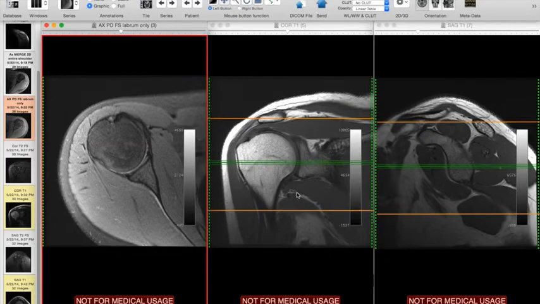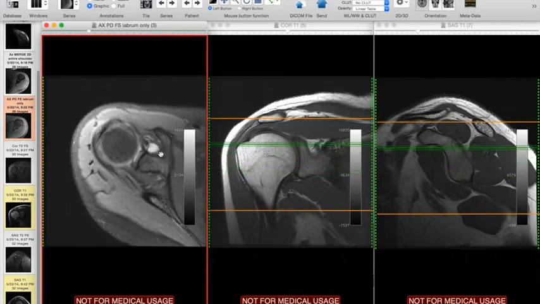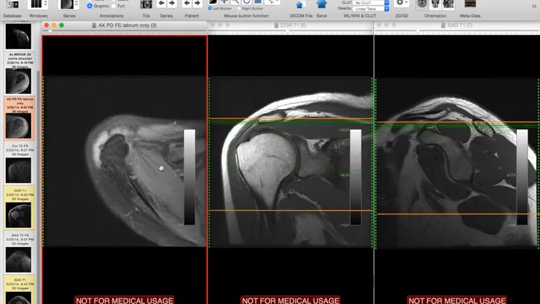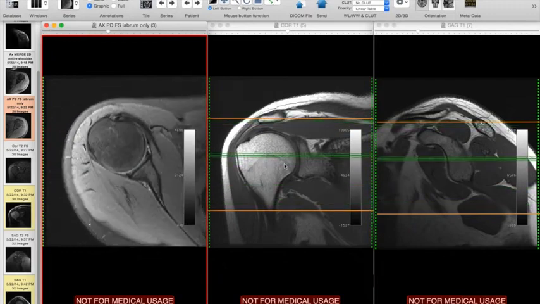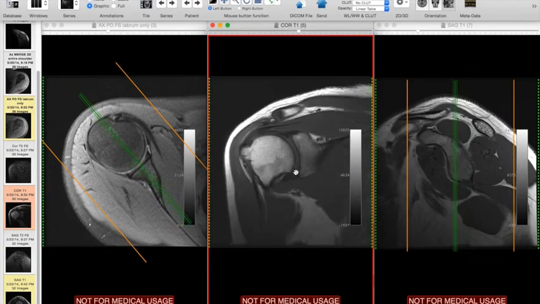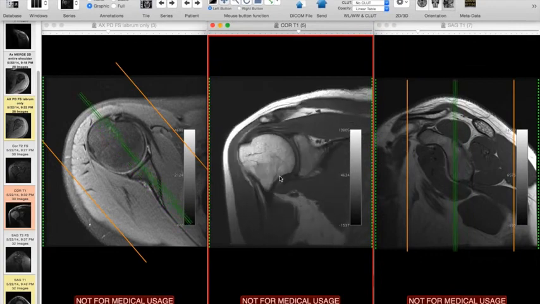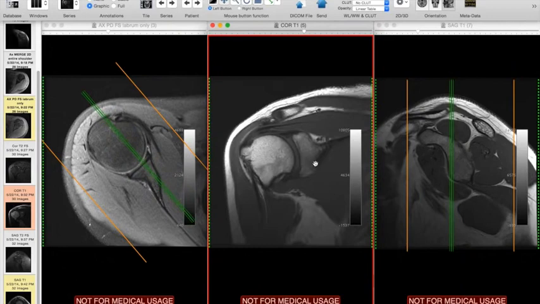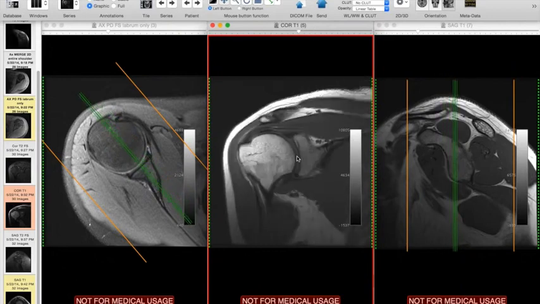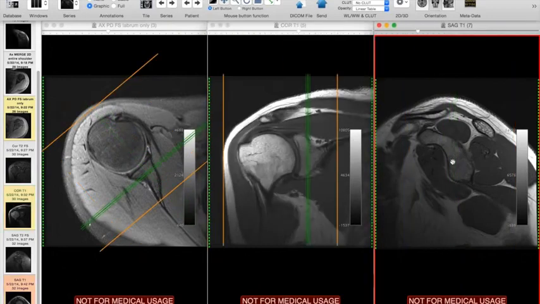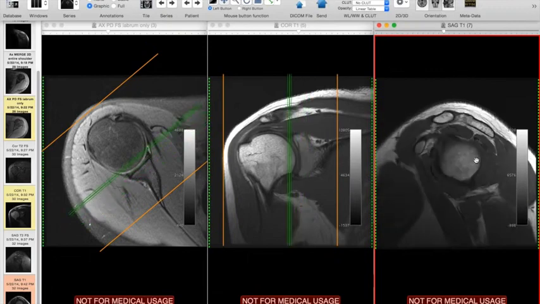Just a word about imaging planes. They are oblique coronal images, so if we look at the transverse scan here, axial proton density, scrolling down and then back up towards the top here, and if we go to the mid-glenoid level, you can see that the coronal obliques are perpendicular to the glenoid face and humerus to lay out the rotator cuff, whereas the sagittal images are perpendicular to the coronal images and they're parallel to the glenoid face, so they really lay out the